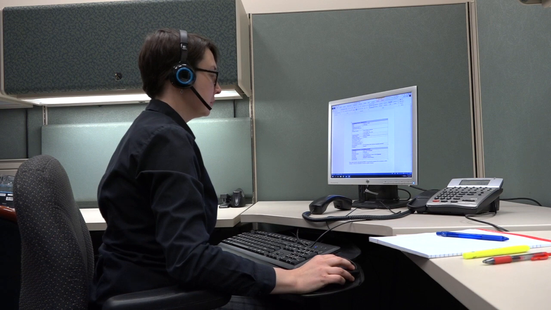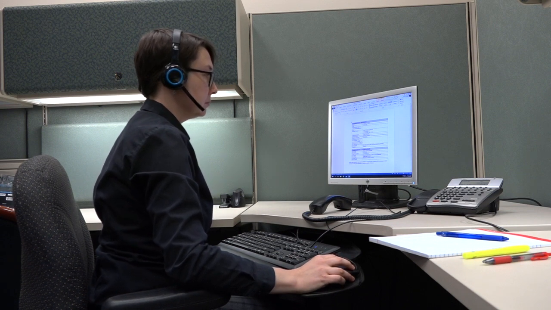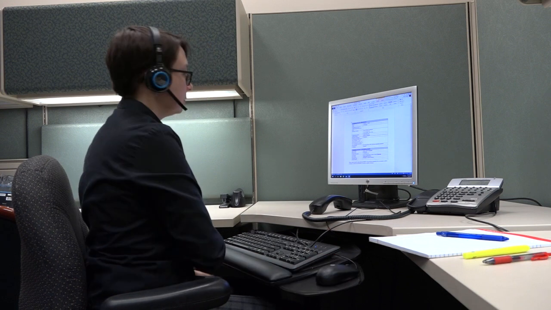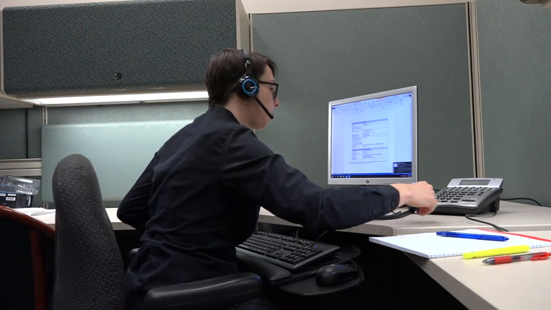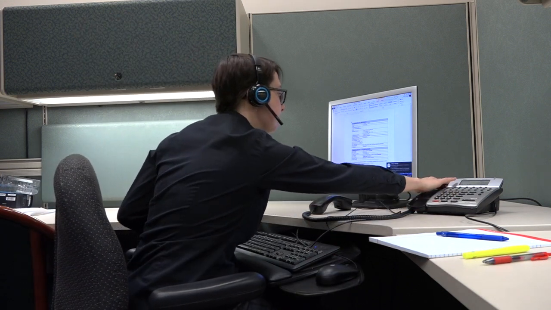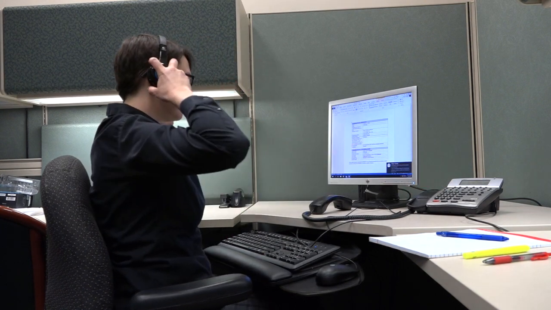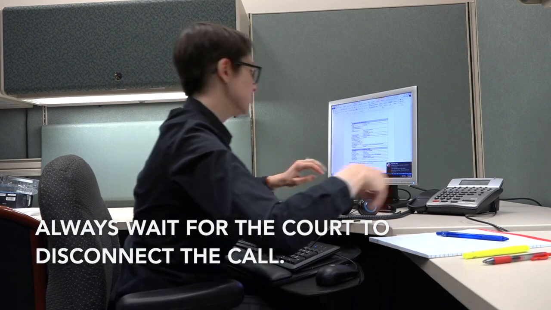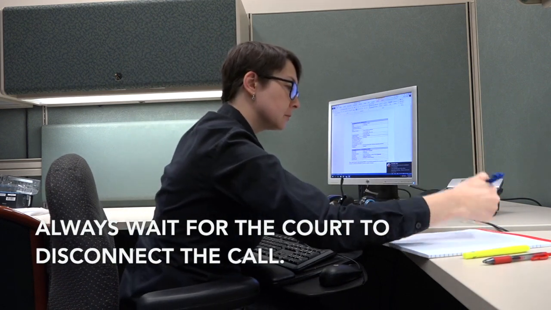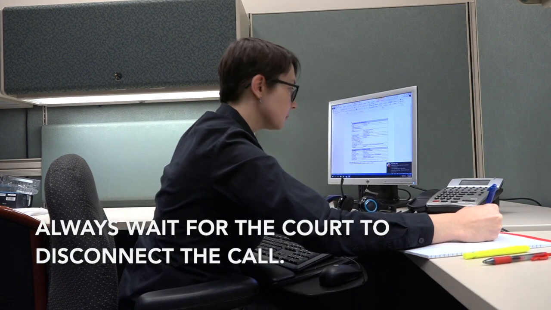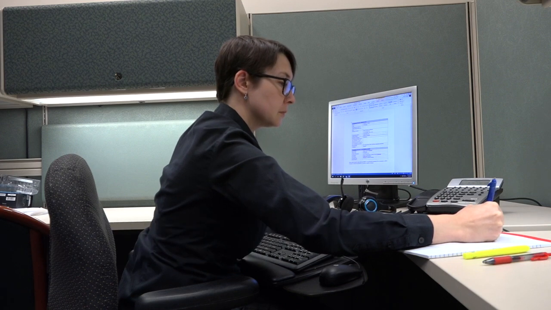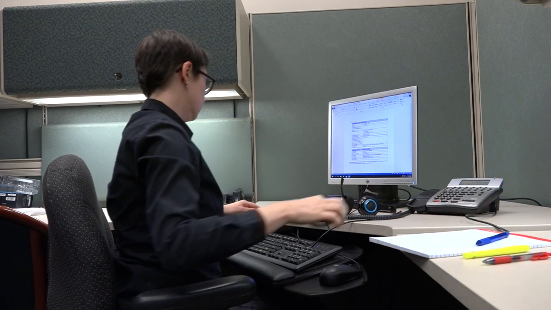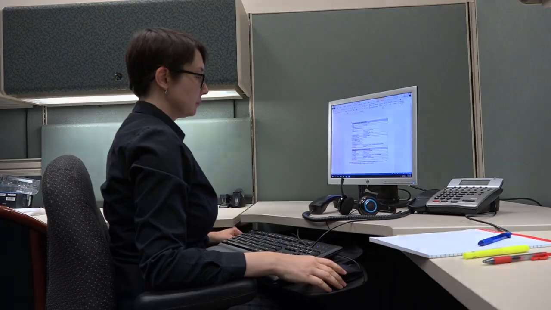The judicial officer will confirm the end of the hearing. You may be asked to stay on the line for additional time to interpret the LEP person's order or next steps. Once finished, wait for the court to disconnect the call. The interpreter should never disconnect from an interpreting event before the court disconnects. When the call is over, be sure to make note of the end time.